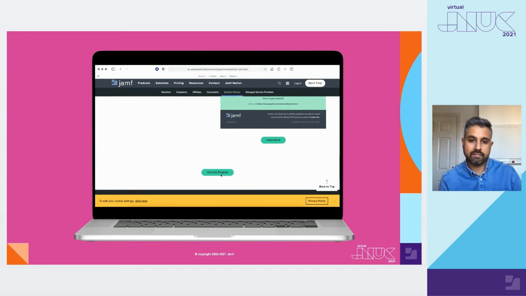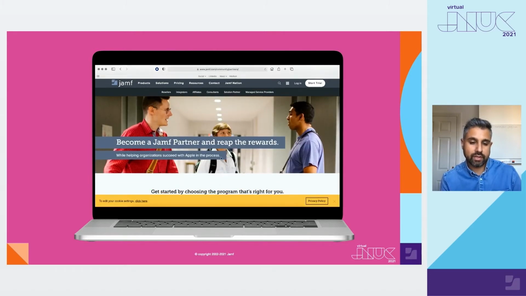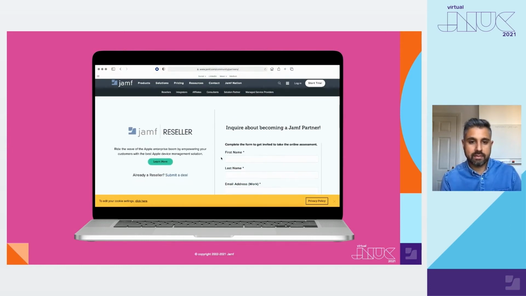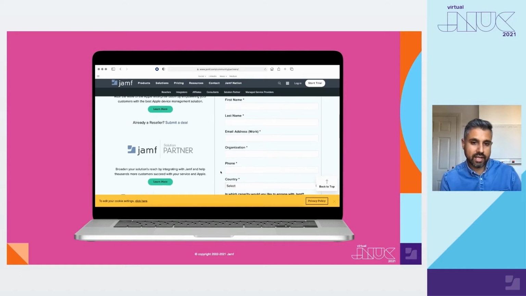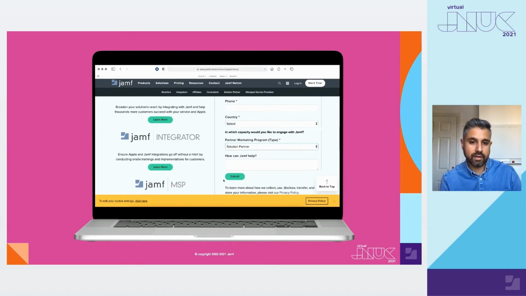This document contains information about the developer tier and the solution partner tier too. Once you hit the sign up for the program page, this is where we'll capture some information so that me and the team can get in touch with you. Ensure you enter as much information as you can in terms of all the asterisks that are available. And when you get to the partner marketing program type, select solution partner, which will get you through to me and the team. What we'll then do is come back to you as soon as we can with next steps and then work with you on that.